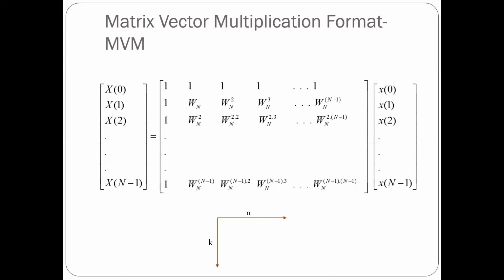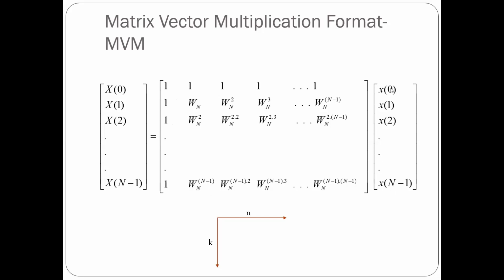It will not translate to an equivalent physical circuit, but from a mathematical perspective, you can have a complex valued input coming in. So x of 0, x of 1, etc. could be real or could be complex. In general, they can be complex. And you also see that Wn raised to 0, Wn raised to 1, etc. are complex values, because these are complex exponentials.